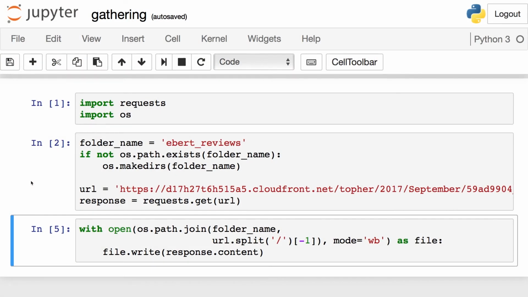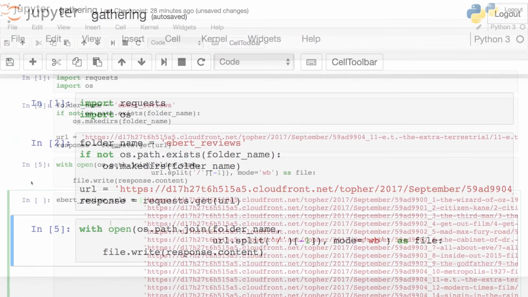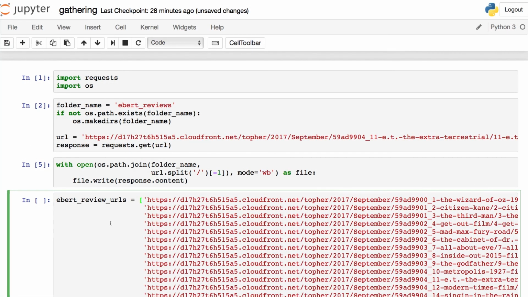But if we have lots of files to download, like we do for all of these Ebert reviews for the top 100 Rotten Tomatoes movie list, writing out lots of these statements would be annoying. Luckily, downloading files programmatically scales well. You can use a for loop over all of the file URLs to minimize code repetition. Lucky for you, I've provided the URLs for you here. Your task now is to write this loop and download all of the Roger Ebert review files programmatically.